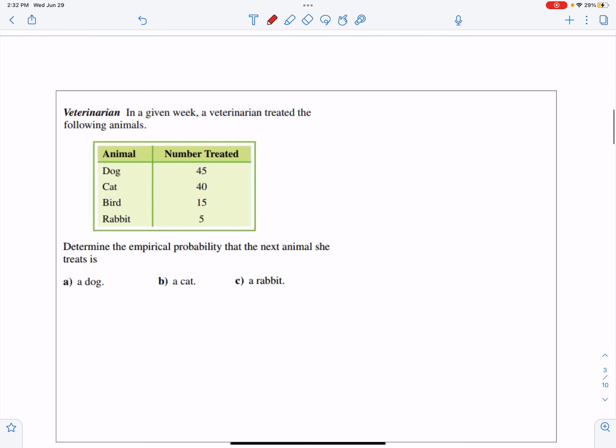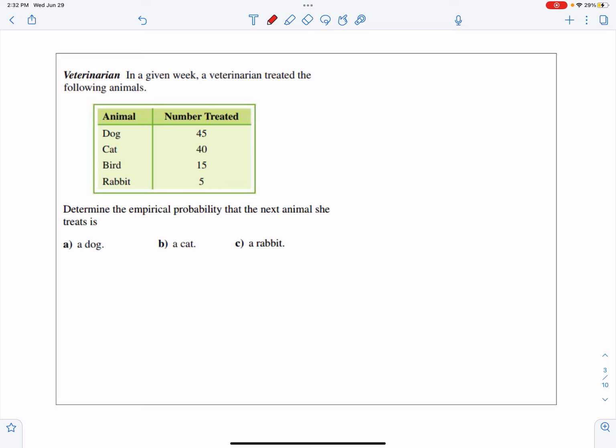All right, and so what you want to remember is anytime you have data, information, it might be in a table or it might just be in words like what we saw before, information about something that happened, you can just use it the same way to calculate a probability. The key is you always have to have your total. So as soon as you see that you're going to be looking for a probability, the first thing you want to do